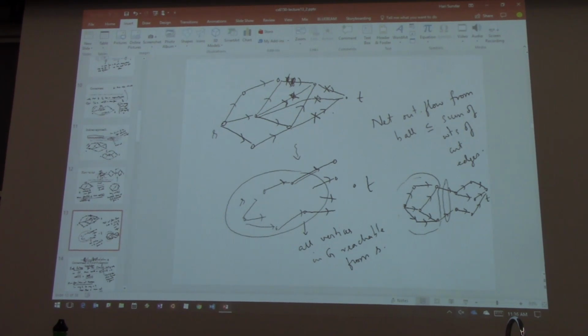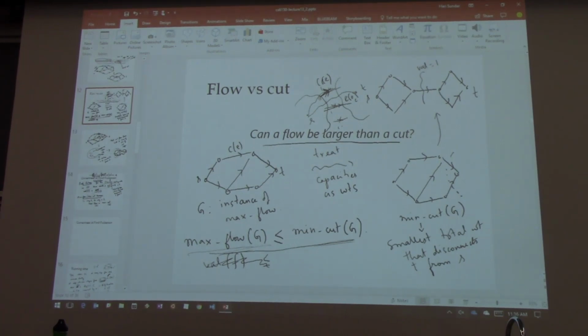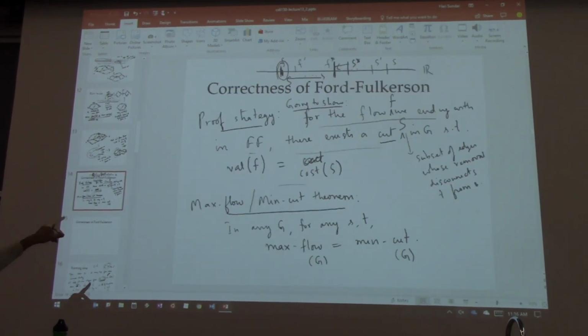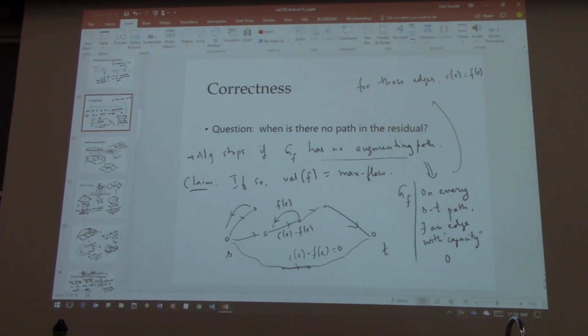That's a good question. Alright, good. So now we are almost at the end of the proof. So this is the proof that max flow is less than or equal to the min cut. And now I want to show that for the flow that we end up with in Ford-Fulkerson, there's actually going to be a cut of the same size. For this, we are essentially going to use the observation that we had before. So this is what he was mentioning, that suppose I look at where Ford-Fulkerson ends up with a flow F, where in the residual there is no path from S to T.